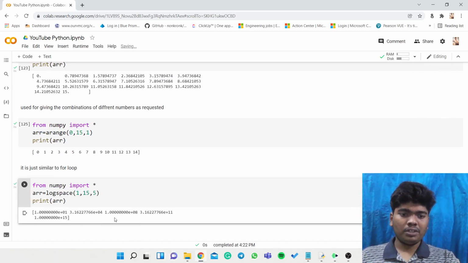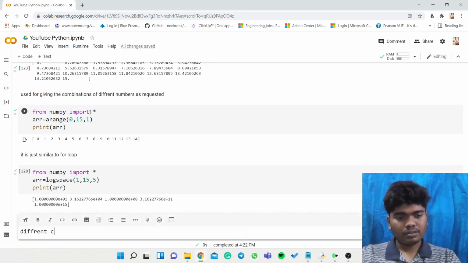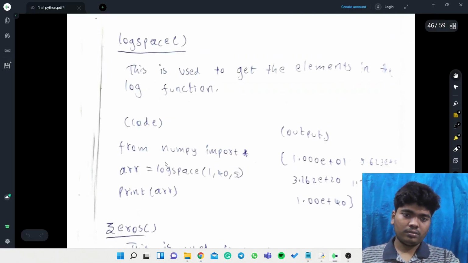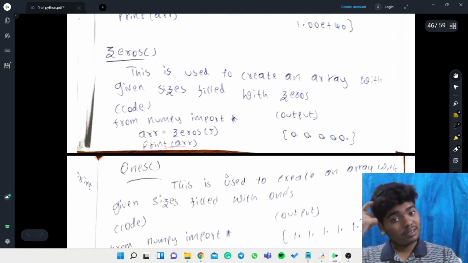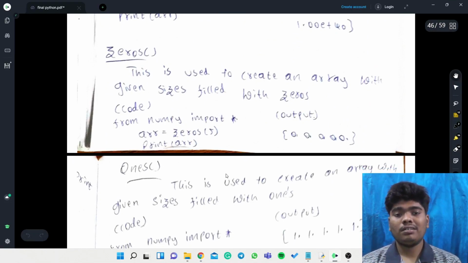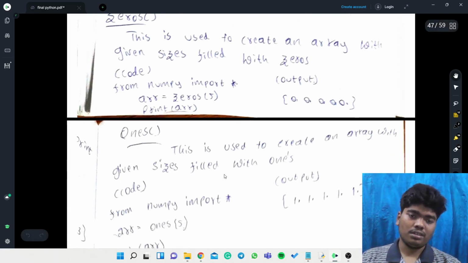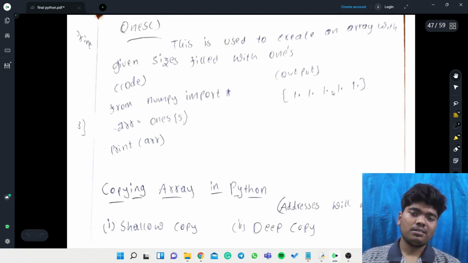Yeah, now it is showing 5 different combinations using logarithmic ways. And if we want 5 zeros in an array, we can use the zeros function, which gives 5 zeros. Ones is nothing but giving ones.